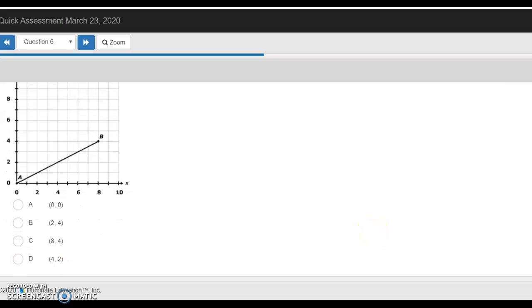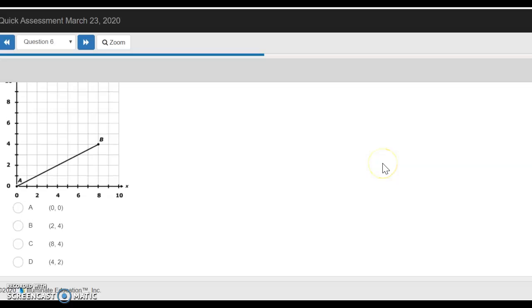Now, if I look at C and D, I have 8 and 4, and 4 and 2. Well, if I do 8 counts on the x-axis and up 4, that actually gives me his ending place. So that wouldn't be it. So I know it can't be A, I know it can't be B, and I know it can't be C. So I'm left with D. D, the 4 means 4 on the x-axis, 1, 2, 3, 4, and up 2 on the y. That would be about halfway, so that would be my